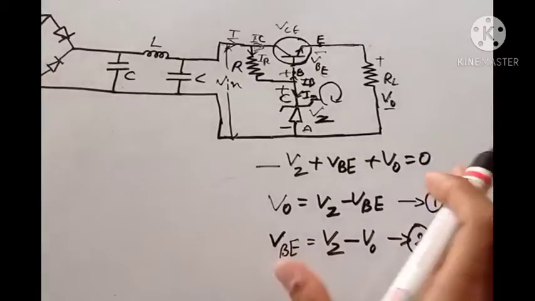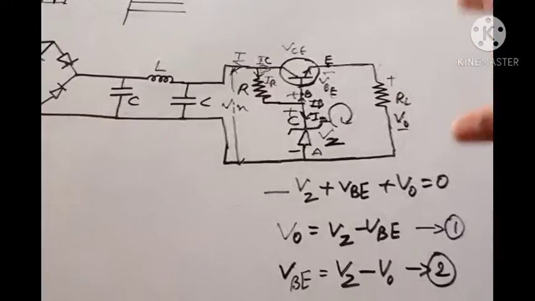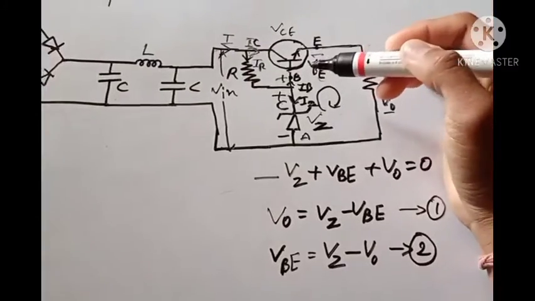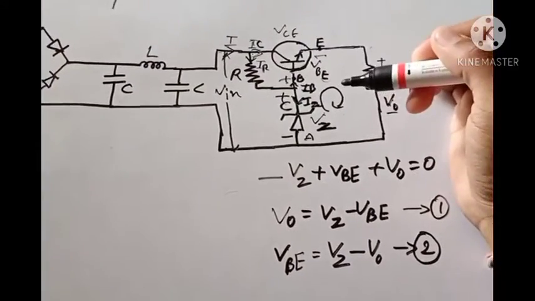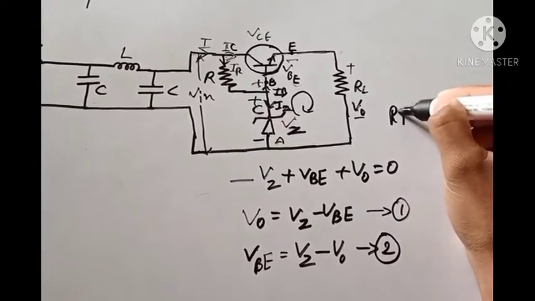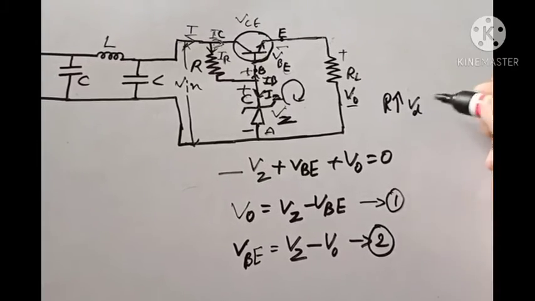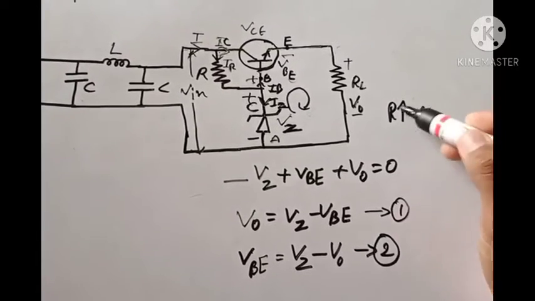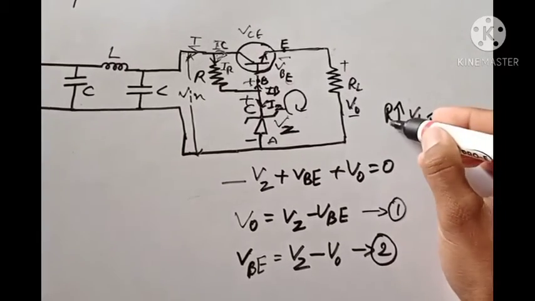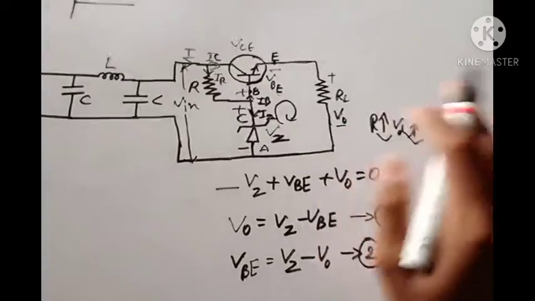Equations only to understand how the regulator circuit controls the output voltage even though the input varies. The transistor also acts as a variable resistor. Also, as we all know, if the resistance value increases, automatically the voltage drop across the resistor also increases. If the resistor value decreases, automatically the voltage drop across the resistor decreases.